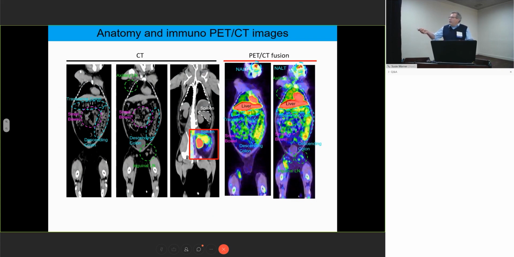So just to give you a reference point in terms of what you can see from a PET-CT, these are 3 CT images. I just want to point out that there's a lot of detail in the CT, and this is still low-dose CT, but just the same, there is a fair amount of detail. So you can really point out many aspects of the gut. I have pointed out here the ascending colon, transverse, and descending colon. You can find the small bowel. You can easily find axillary lymph nodes, and more than one.